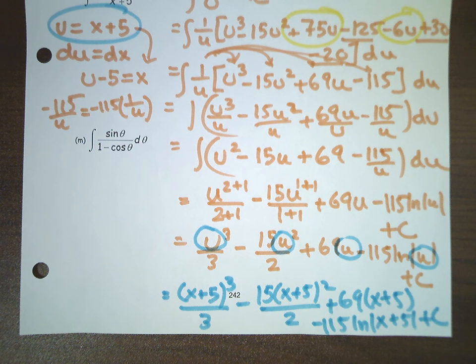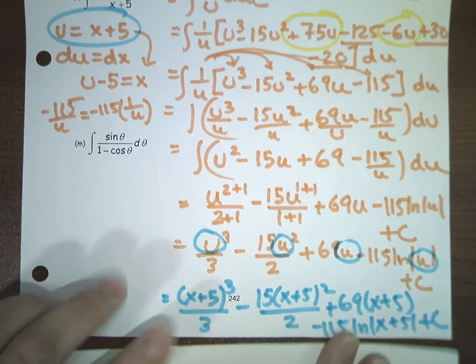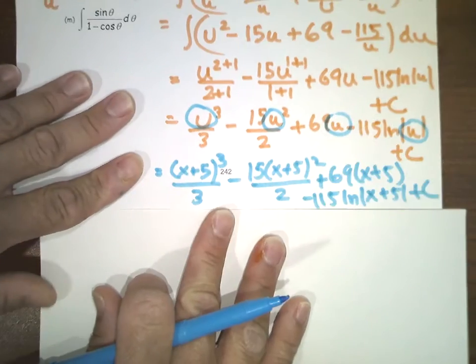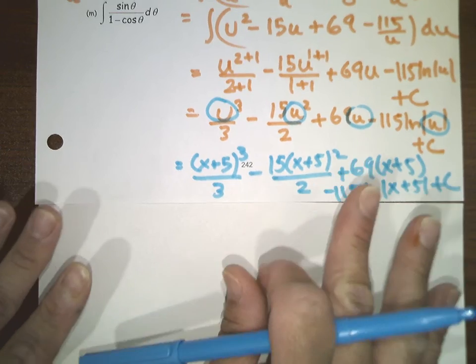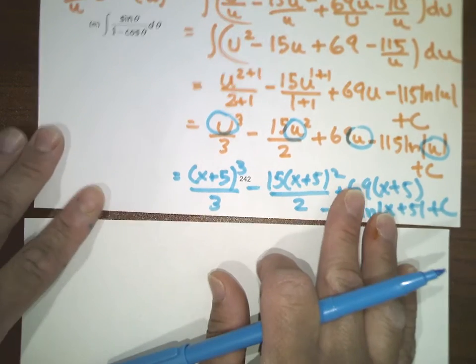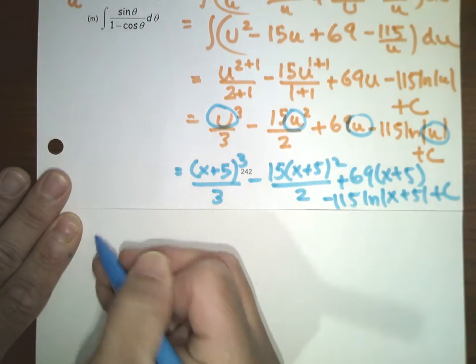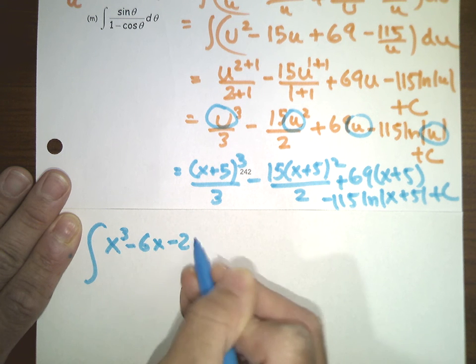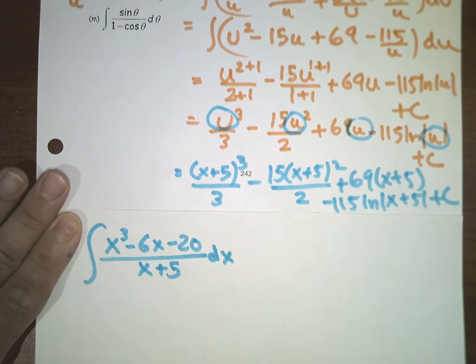All right, so let me go ahead and show you another method of this, because honestly, what I just did is sort of tedious, and also what I'm about to show you could be useful if you're solving problems other than this one. All right, so if I have the integral of x to the third minus 6x minus 20 over x plus 5 dx, then